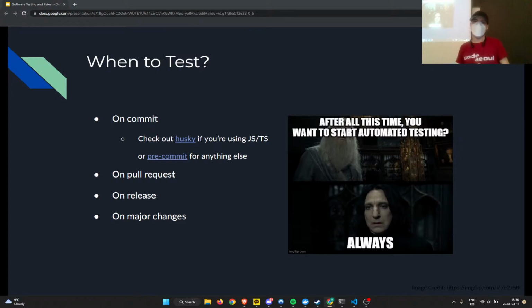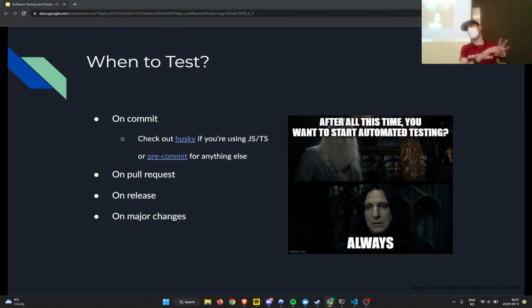So there are these tools to run scripts whenever you commit. Git has something called a pre-commit hook. It has a whole bunch of different types of hooks, but the key one here is pre-commit. If you're in the JavaScript TypeScript ecosystem, there's a tool called Husky that allows you to configure scripts for pre-commit, including running your tests.